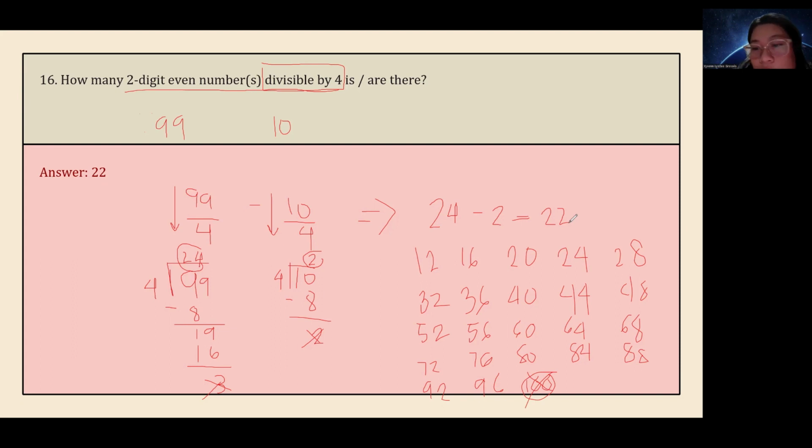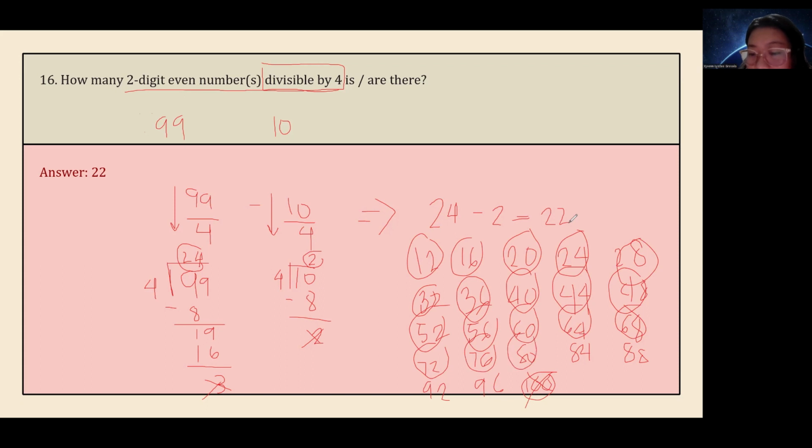So what are the numbers? We count, okay? So 1, 2, 3, 4, 5, 6, 7, 8, 9, 10, 11, 12, 13, 14, 15, 16, 17, 18, 19, 20, 21, 22. And so the correct answer here is 22. Okay? So there are two ways that we could do here. So if you want to be safe, you could do listing down. Okay? Now let's go to the next number.